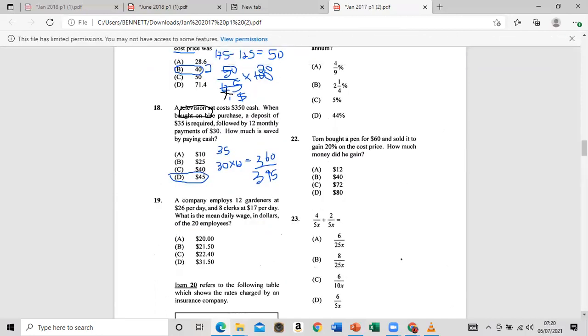A company employs 12 gardeners, so it's $26 per day, so it's 12. Guys, you can do this in the exam: just write back the information when you can. See, you're already halfway, just by reading. So 12 times that, 2 times 6, that's